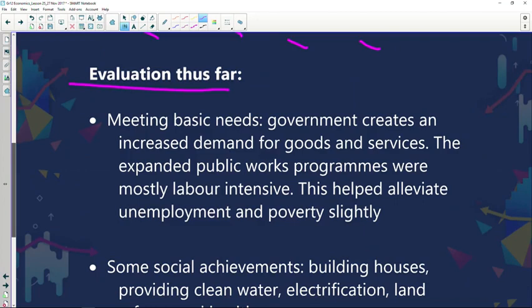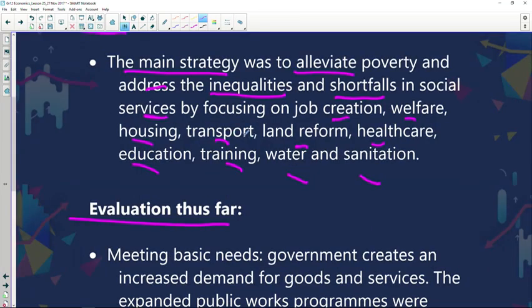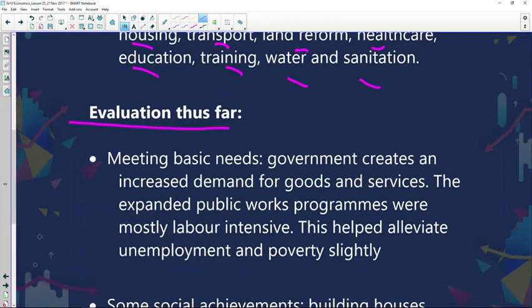So, meeting basic needs: government creates an increased demand for goods and services. The expanded public works programs were mostly labor intensive. So this helped to alleviate unemployment and poverty, though only slightly. It didn't have a huge impact in terms of reducing the levels of unemployment and alleviating poverty in our society. There was a slight improvement that the policy brought into the lives of South Africans,